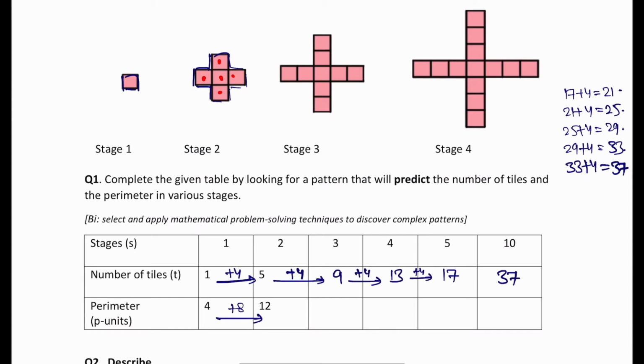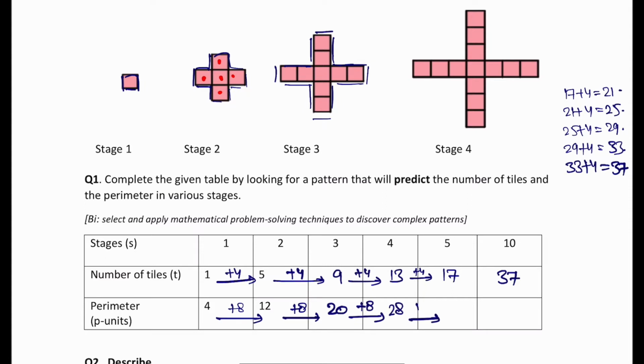Similarly, in the next step, if you want to calculate, counting 1, 2, 3, up to 12, 13, 14, 15, 16, 17, 18, 19, and 20. So again it increased by 8. So it got 20. Similarly, for the next, you can add again 8 in it, so it will become 28.